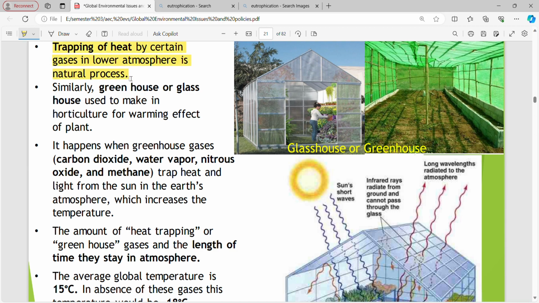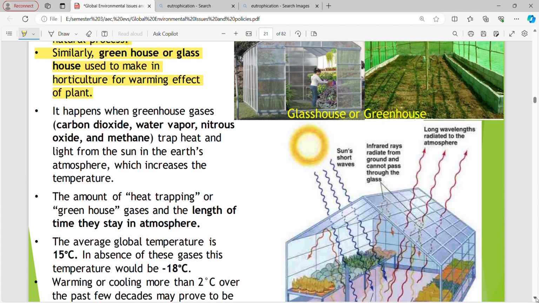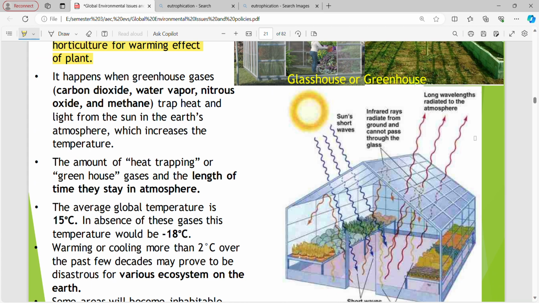Similarly, a greenhouse or glass house is used in horticulture for the warming effect on plants. We know this, right? On terraces and also on land, glass houses are made for this warming effect for plants. So this happens when greenhouse gases, not the plants thing, the global warming, greenhouse gases increase. What are the greenhouse gases? Carbon dioxide, water vapor, nitrous oxide, methane. So when these get trapped,